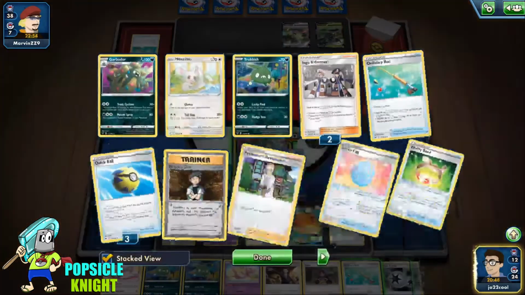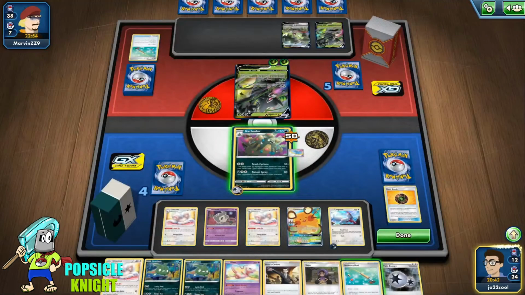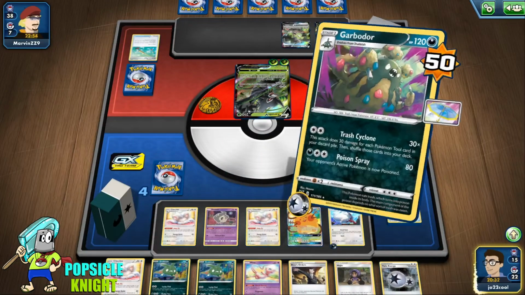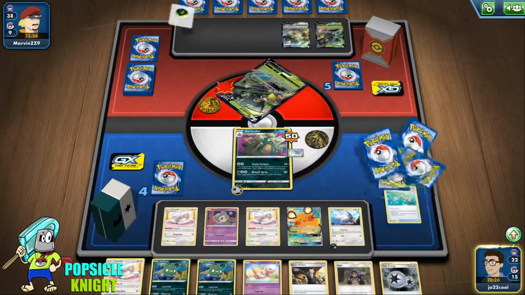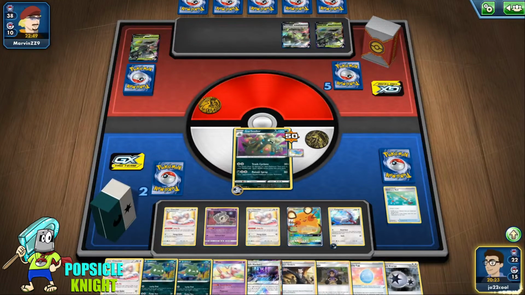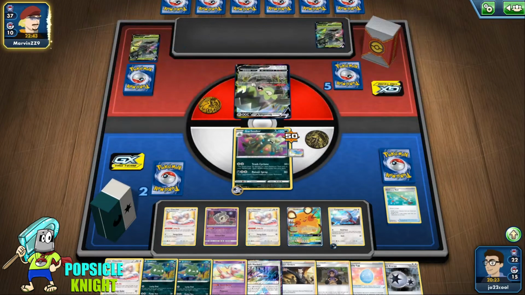Let's just energize Zangoose. We got 1, 2, 3, 4, 5, 6, 7. I think that's enough. Let's use Ordinary Rod and get another line of Garbodor and 1 basic energy. Trash Cyclone for 210 damage. Just enough. Wow. Exactly 210. Wow. That was precision. I mean, it depended on what we pulled, but hey, that was a pretty good